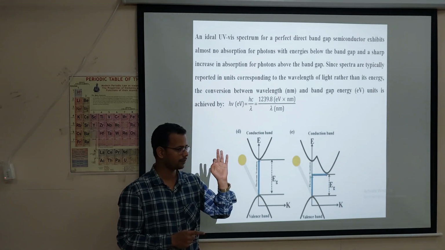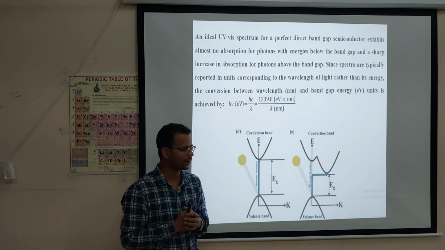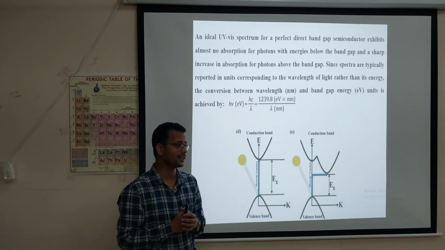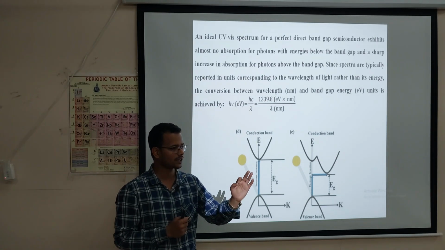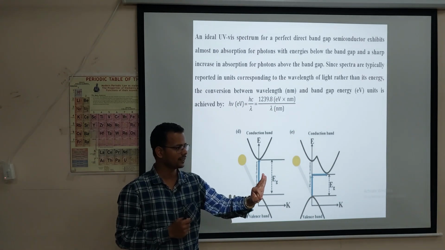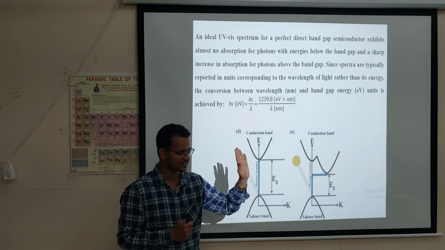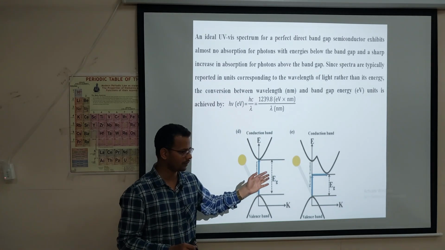It is a very fundamental thing. You just keep it in mind. You may get such a question in an interview, but you do not have to tell anything else except this. In a direct band gap, only two things interact, electron and photon. In an indirect band gap, three things interact: electron, photon and phonon. That's it. Nothing else. You do not have to tell anything else, because this direct and indirect band gap is a very